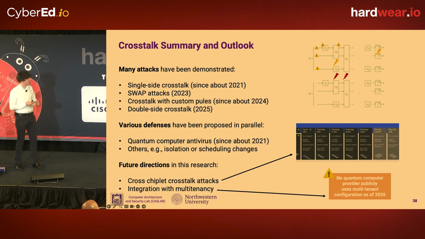So the real question is, given the volume of the research on crosstalk attacks, will there be multi-tenant computers? We don't know. That's a big question. Perhaps there will not be, because of security reasons. But there are also some other related things which I think are very interesting. A lot of the quantum computer architectures are moving to a modular or chiplet type design, where you make a certain number of qubits on one chiplet and then you connect them together.